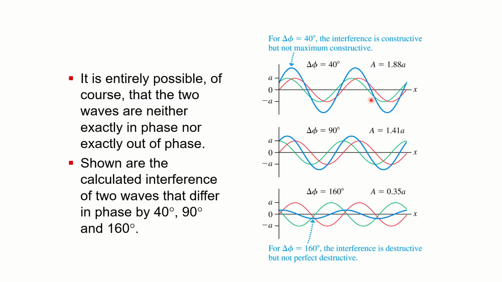You can also have everything in between, right? You can have two waves that are out of phase, but not completely, and you can have a slightly larger amplitude because you have a crest lining up with a positive part but not quite a crest, or anything else in between. And you can have the amplitude of the resultant wave go between 0 with perfectly destructive interference all the way up to 2A, the maximum constructive interference.